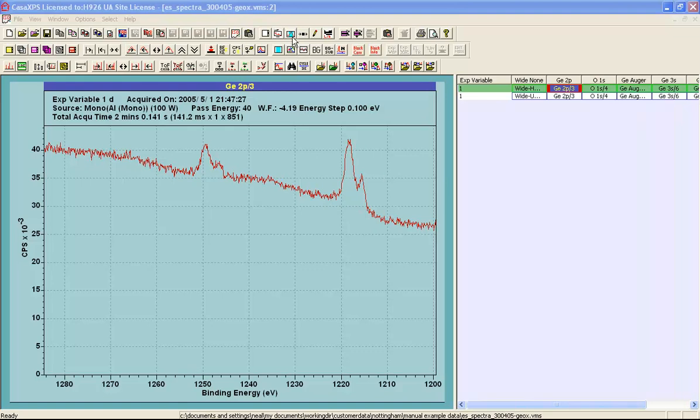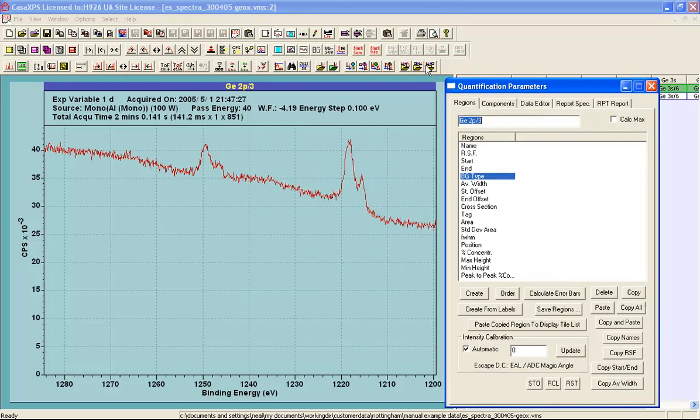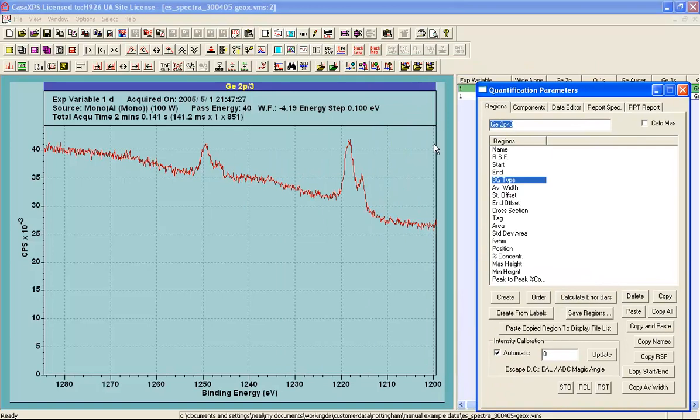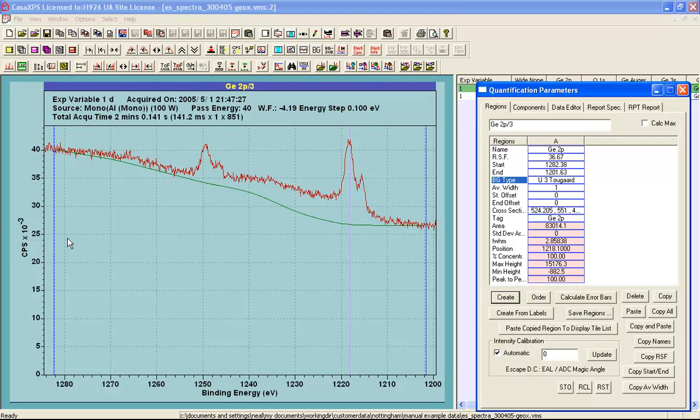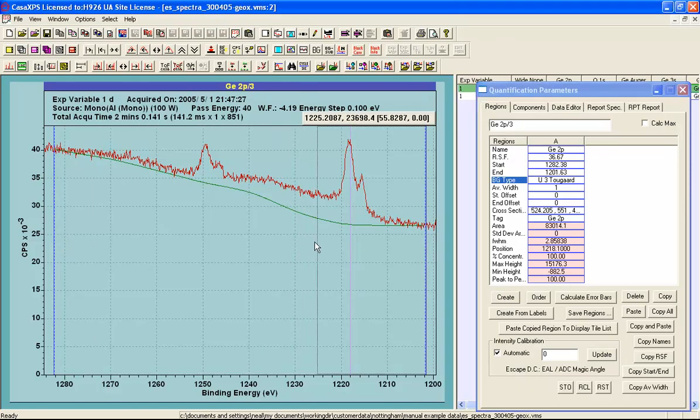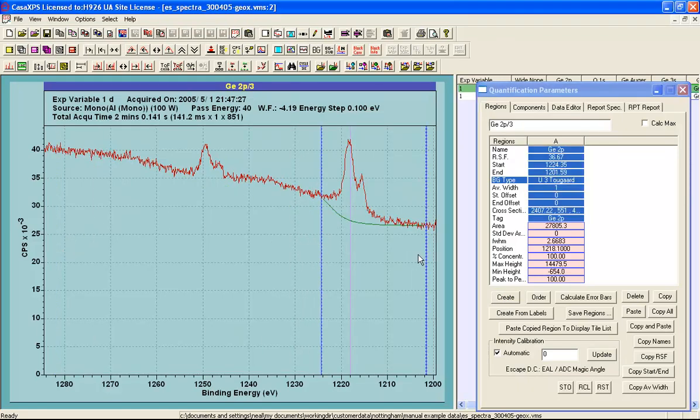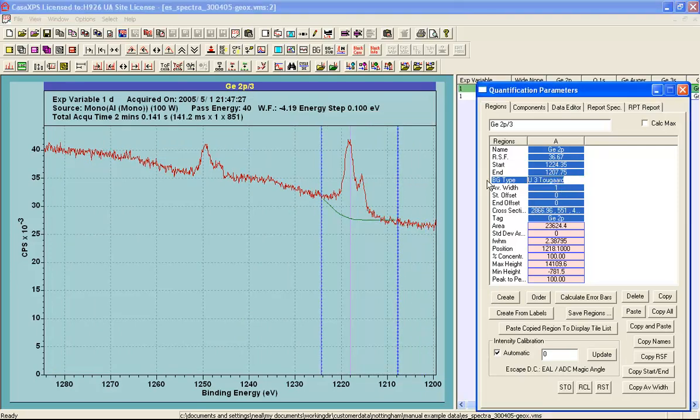The first step in creating a peak model is defining the interval over which the peak model will be defined. This is done using the regions property page. When a background is created, we can adjust the region limits and target a specific set of peaks within the data envelope. I'm going to start by illustrating what the background might look like if we use a Shirley